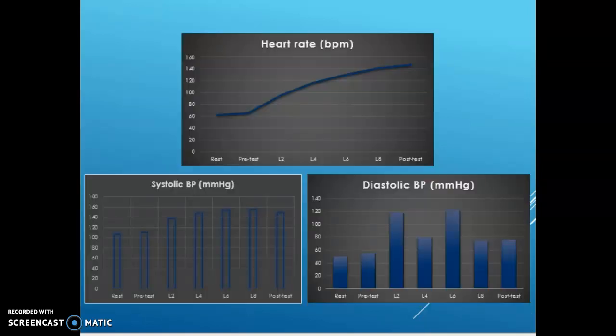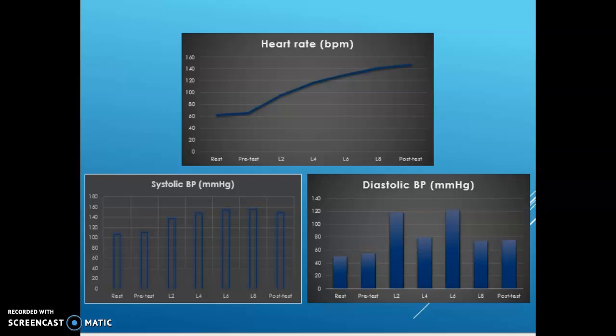Test results, investigation, analysis. Test results for heart rate are fairly simple to calculate, as I've said in previous slides, and we are therefore able to create a simple graph to help show the changes that happen during exercise, which can be seen in the PowerPoint. It initially starts at my resting heart rate, which is around 62 beats per minute, and pre-test it rises slightly to around 65,